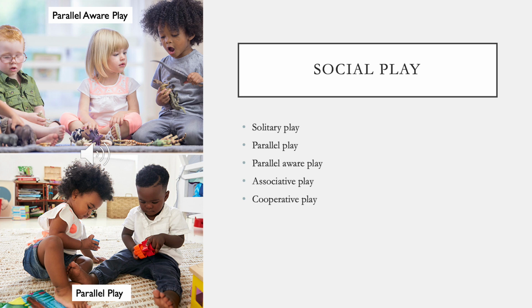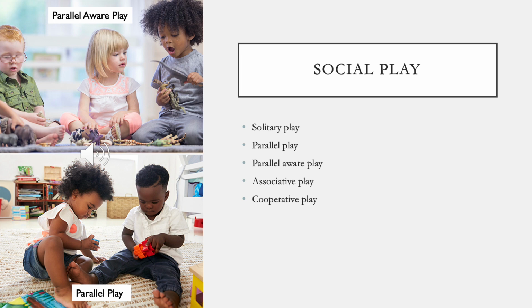This is when children start to play near each other and they're engaging in the same activity, but they're not playing together, or they're uninvolved with one another, but they're still there. They're still both playing. So imagine they're playing with the same thing, maybe at the Play-Doh table or in the block area. They're both playing with the same objects and they're near each other, but they're not playing together. And then parallel aware play is once children start to become more aware, we see them interacting a bit more.